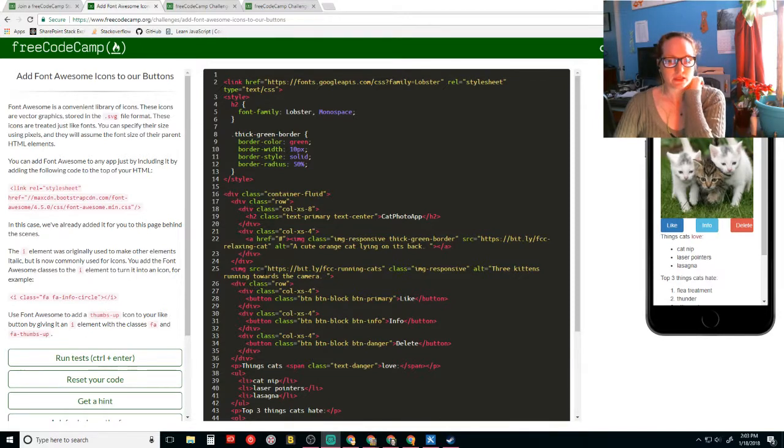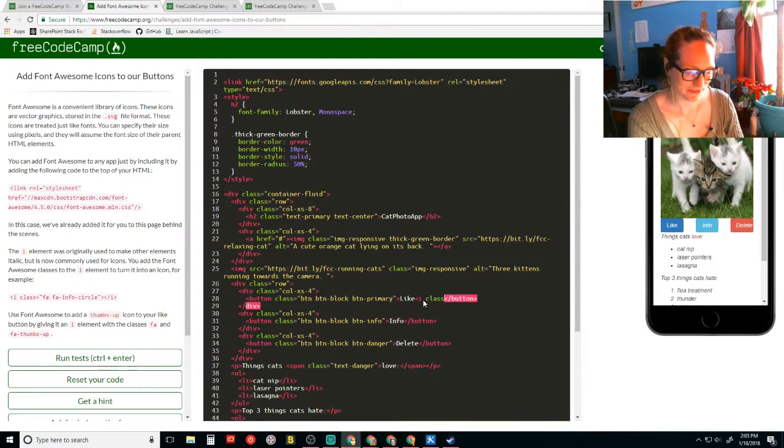Okay, the like button is here, and we want to also give it a like, and then do you want the thumbs up at the back or the front? I like it at the back. Swell.